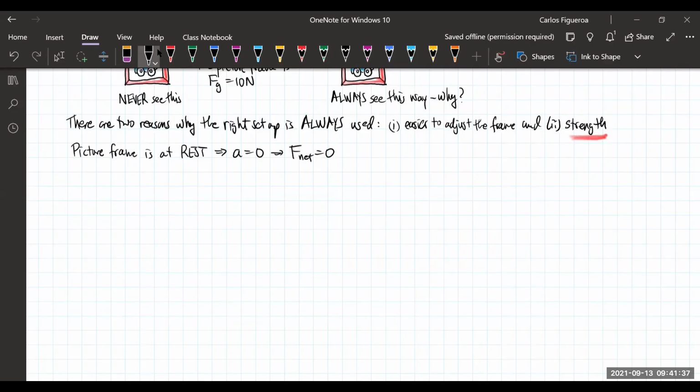Now, suppose, furthermore, that the wire that holds up the picture has a maximum of